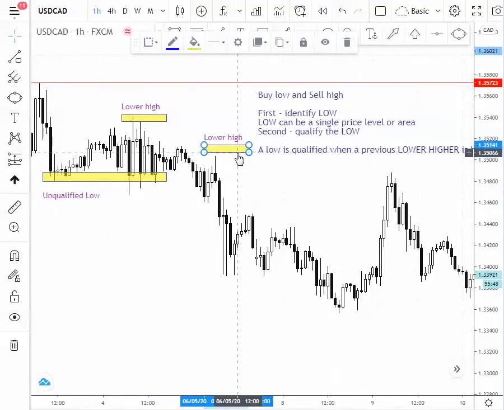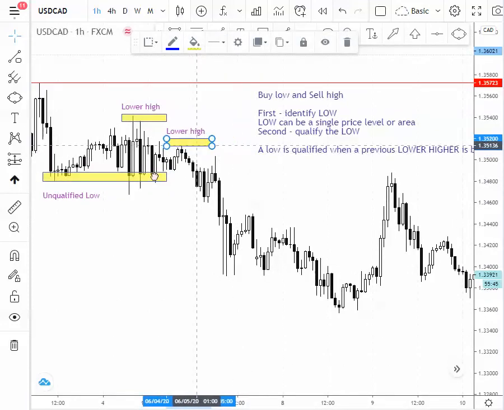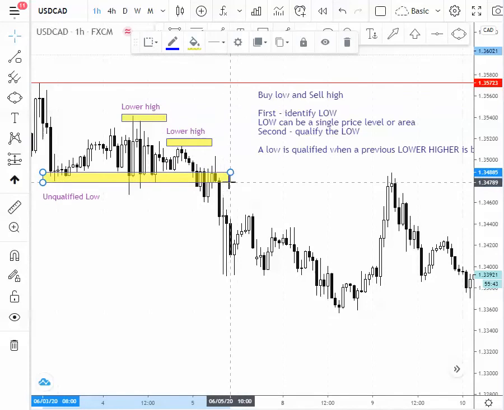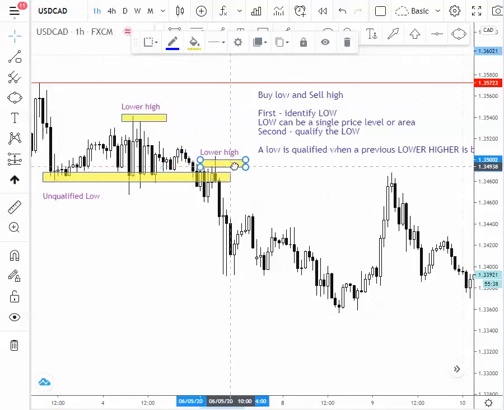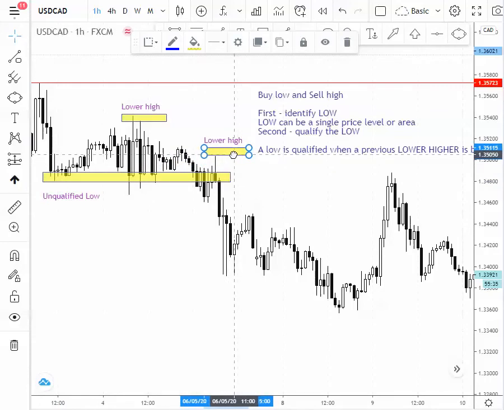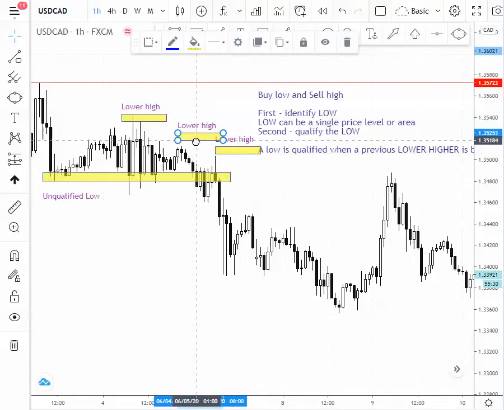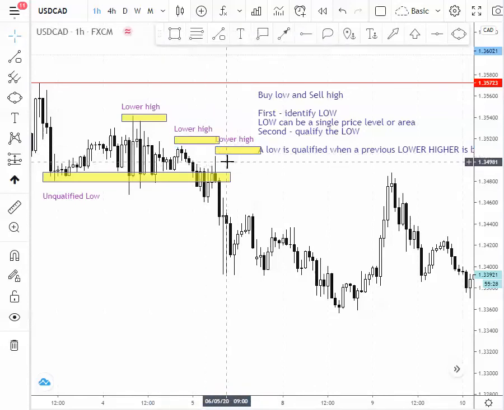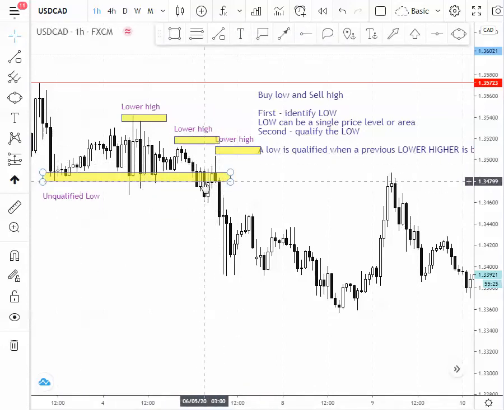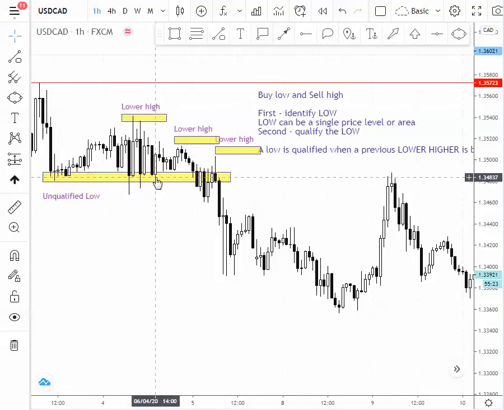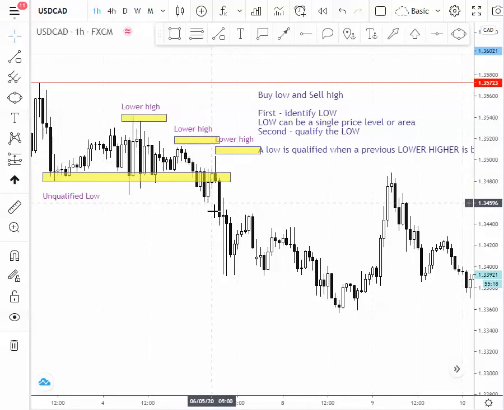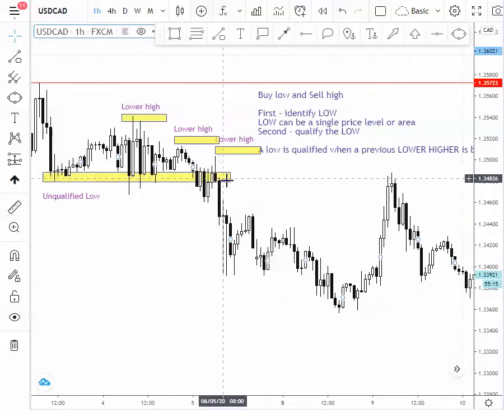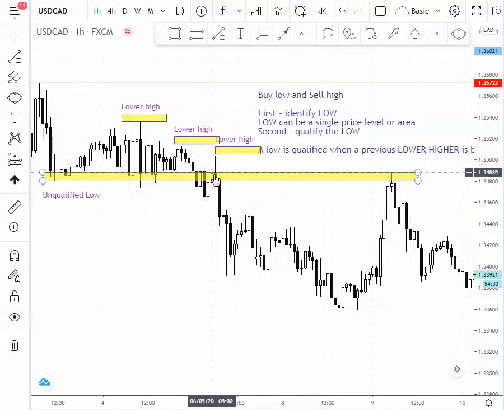We have another lower high put in here. So when price comes back down into here, we definitely feel comfortable not to take a buy trade there. And as price comes back up here again into another lower high, there's nothing to suggest to buy at this level, because it's an unqualified low, and we could see price break right through it. So then we see price moves down